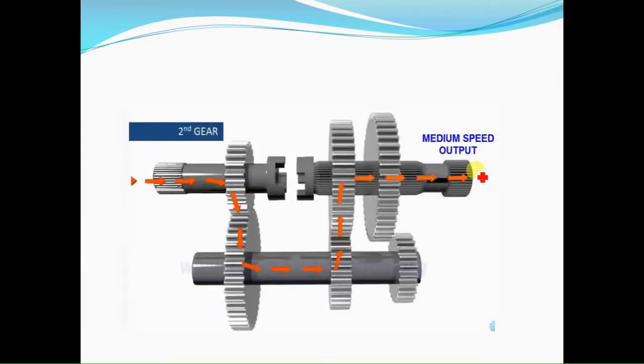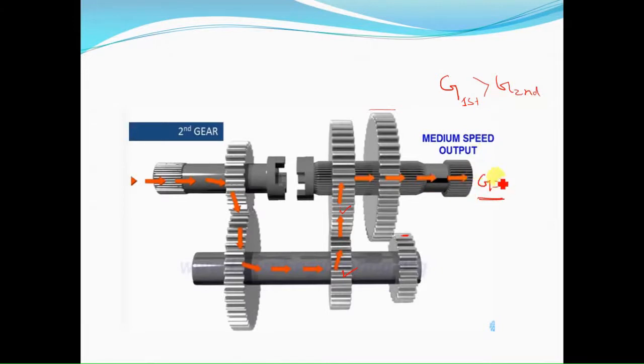Now there is a second gear ratio. Here this gear has been disengaged from the lay shaft gear, and another gear comes into the picture. This gear meshes with another gear here. So a different gear ratio is formed. This one is called the second gear ratio. This gear ratio will be lesser than the first gear ratio. Let us suppose the first gear ratio will be greater than the second gear ratio.